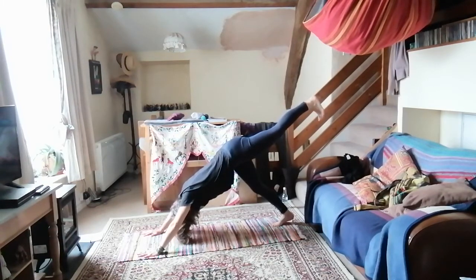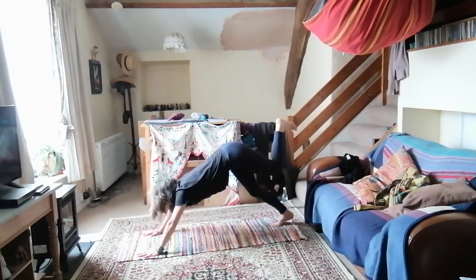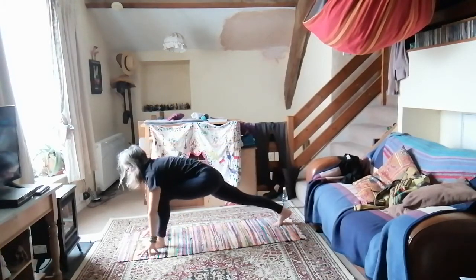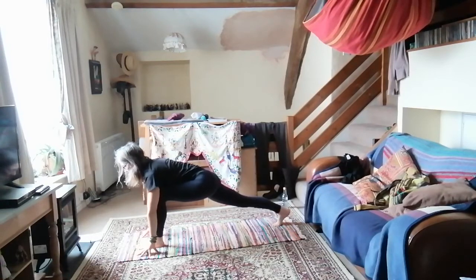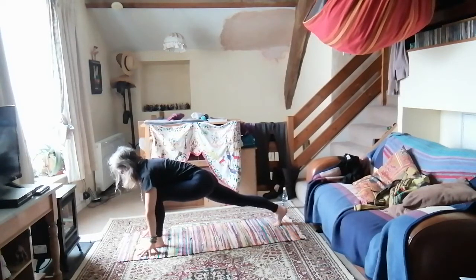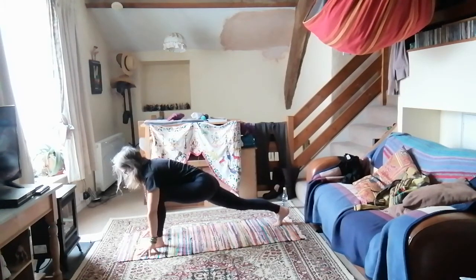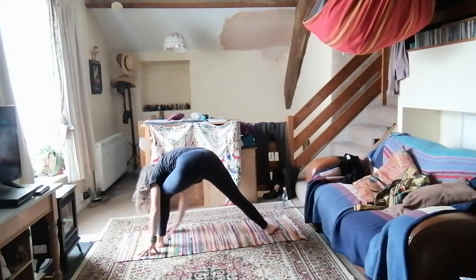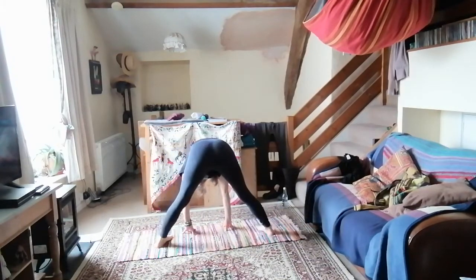And then when you're ready, inhale, flex that knee, step it forward. Lunge. Exhale, draw the inner thighs in. Lift that chest. Breathe in, pinch those shoulder blades, fill up. On your next inhale, push up from this right foot, turning, bringing the right hand round,